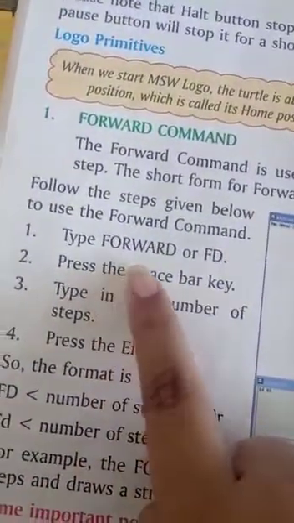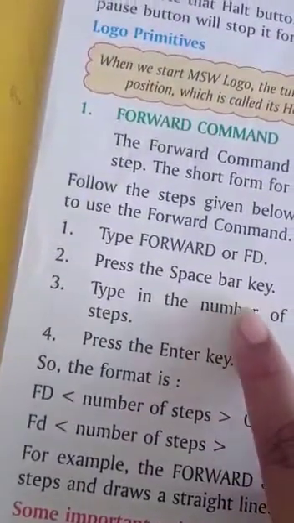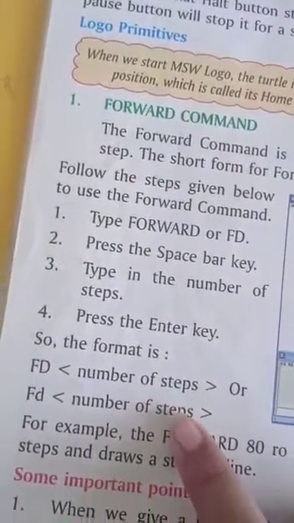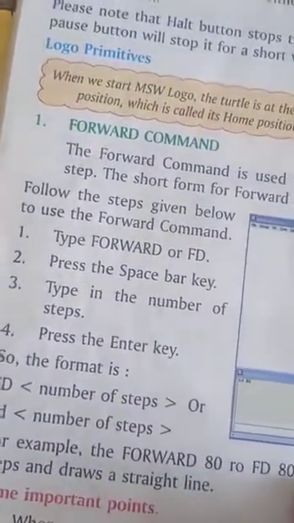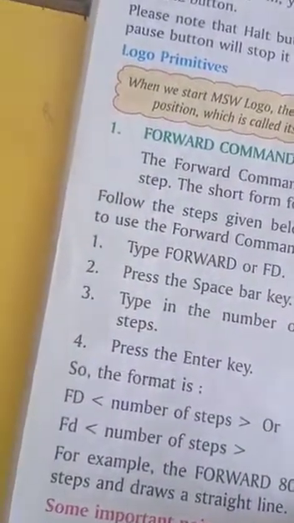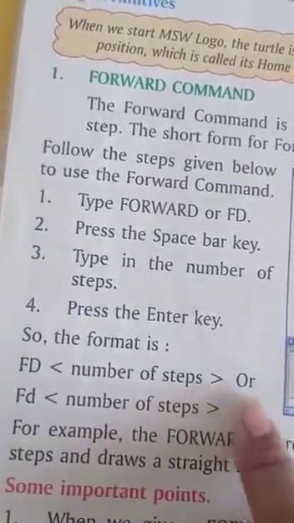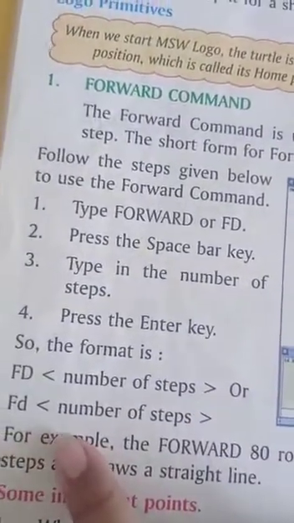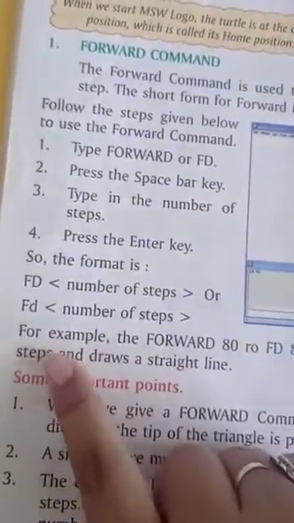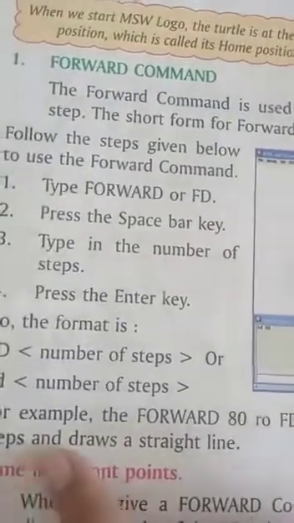Firstly, type forward or FD, then press the space bar key. Then type in the number of steps. Press the enter key. So the format is FD space number of steps. For example, forward 80 or FD 80 moves the turtle forward by 80 steps and draws